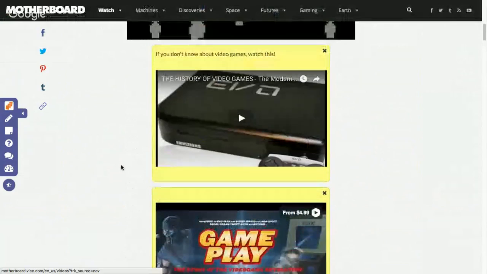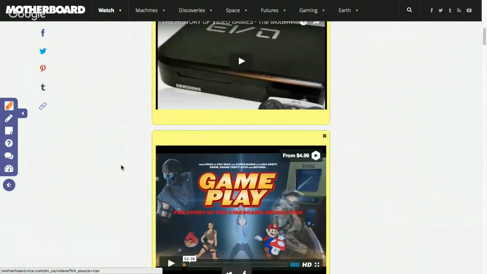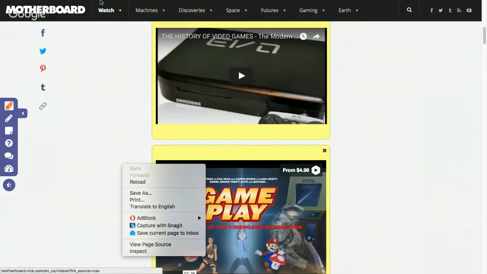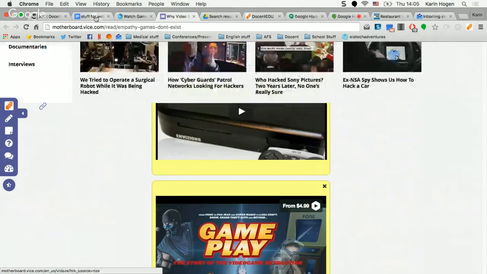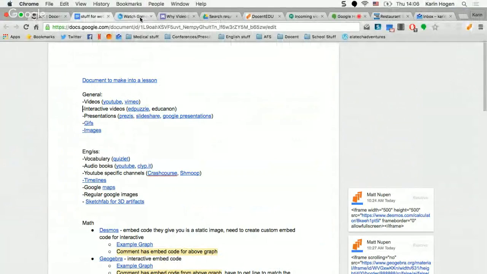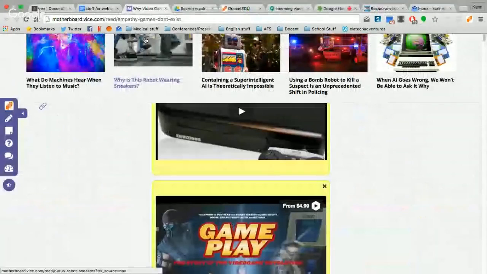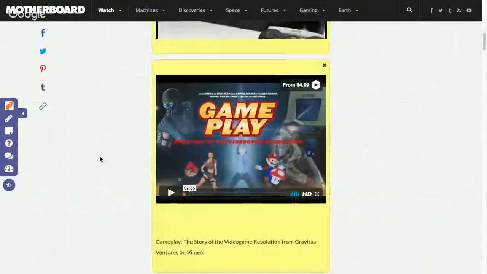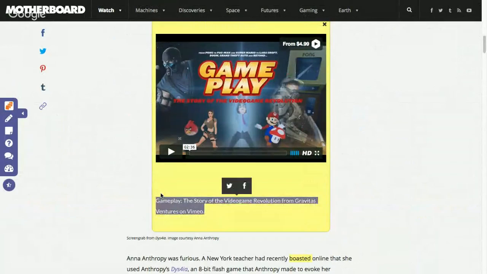So that's how you can embed YouTube videos and Vimeo videos super, super easily into any article or any website on the internet. Now, the next thing that you might want to do for general kind of things is embed interactive videos. I think a lot of people really do enjoy some of the websites like Edpuzzle that allow you to embed